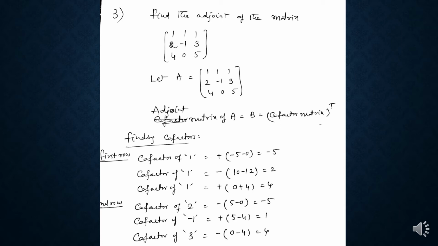So at first we have to find the cofactors for each and every element of that matrix. The first row elements are 1 1 1, the second row 2 minus 1 3, and the third row elements are 4 0 5. So by taking the first two elements, we can find the cofactors. What is the cofactor of an element? The cofactor of an element is equal to minus 1 whole to the power of i plus j into its minor. That gives the cofactor of an element. So the cofactor of 1 is equal to plus into, by deleting this row and column we will get minus 1 into 5, that is minus 5, minus.